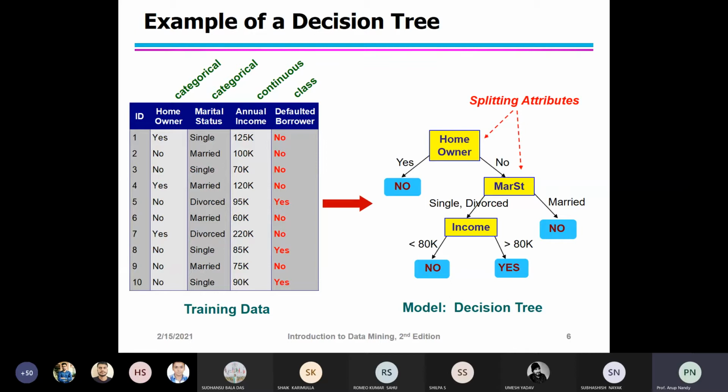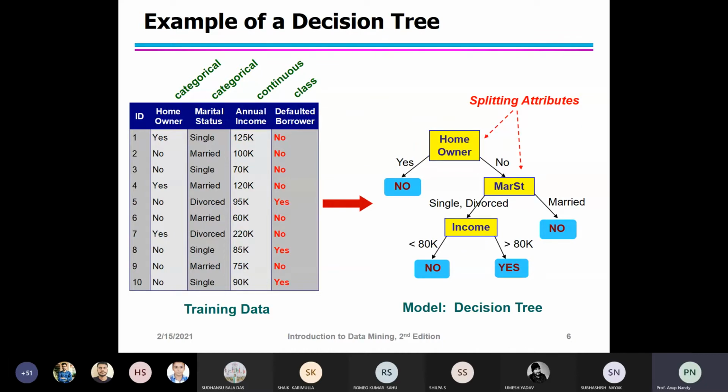Okay. So similarly, the decision tree is a hierarchical structure. It consists of different nodes, and you have some directed edges. As you can see, you are seeing some directed edges. Now, if you apply that, you will have to grow or build a decision tree for this multivariate classification.